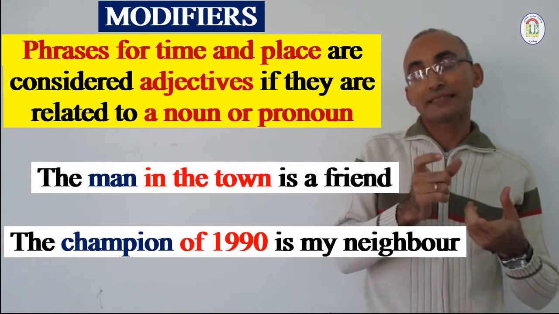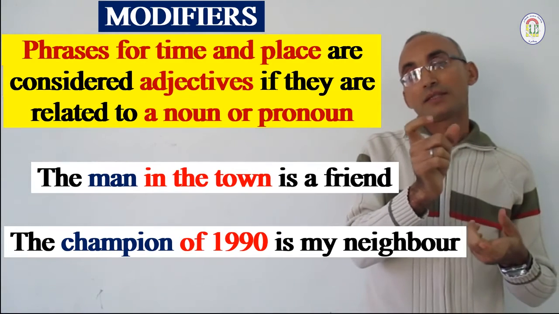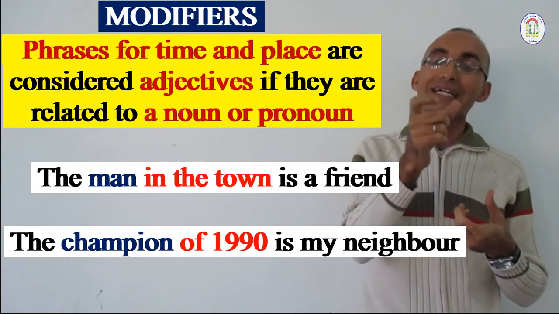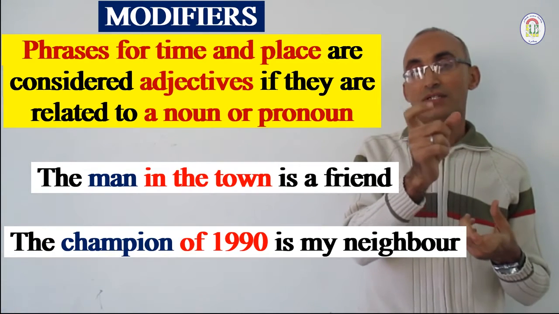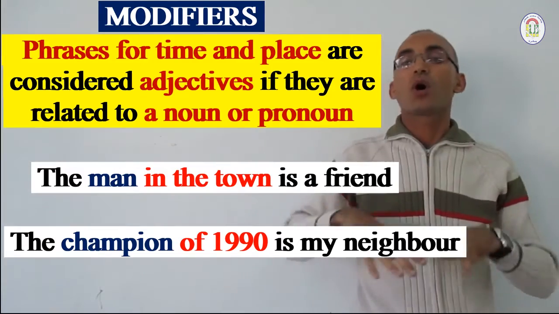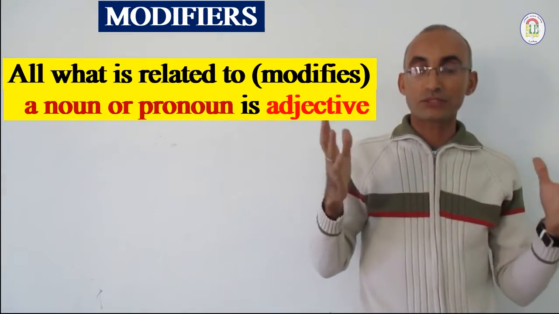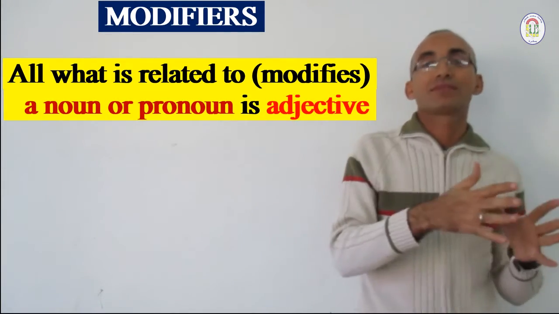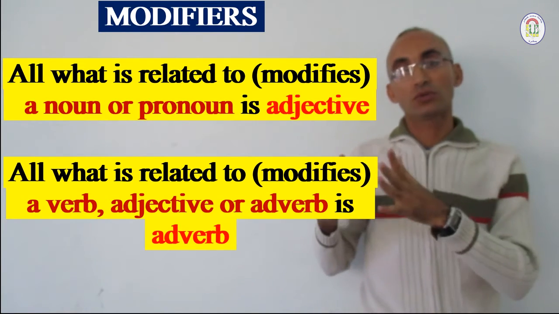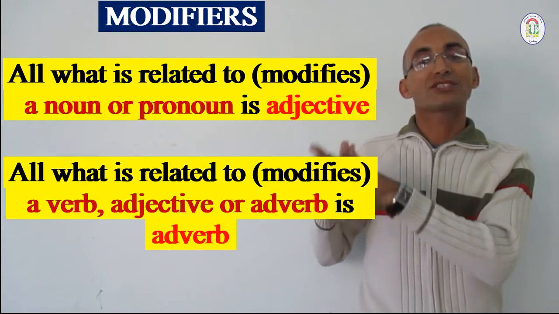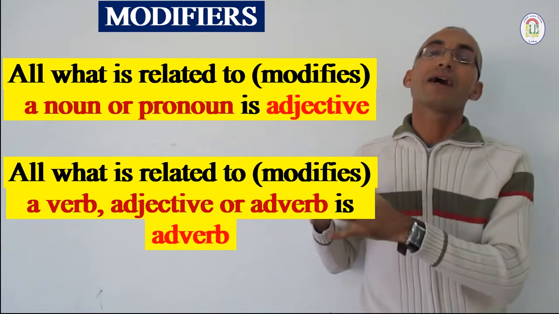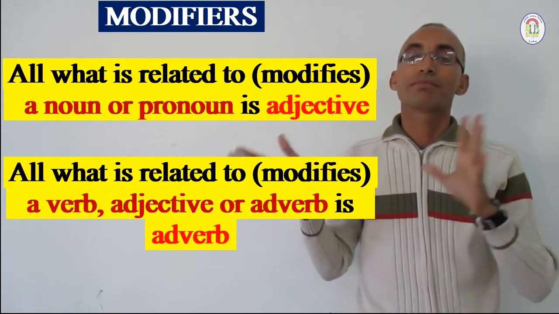Here, of 1990 is a phrase related to a noun, so it acts as an adjective for the noun. So simply we say all that is related to a noun is an adjective, whether one word or a phrase or a clause, and all that is related to a verb, adjective or adverb is always adverbial, and